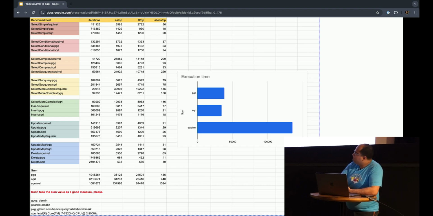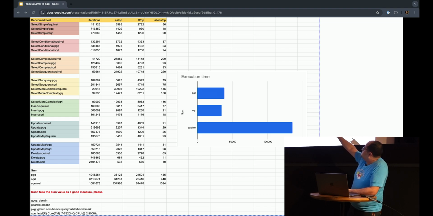This is why I think that Squirrel is probably doing much more than it should be doing in terms of using a caching layer and so on. Because you see that the execution time for my fork and also for sqrl, that's the other fork that I found, is quite small.